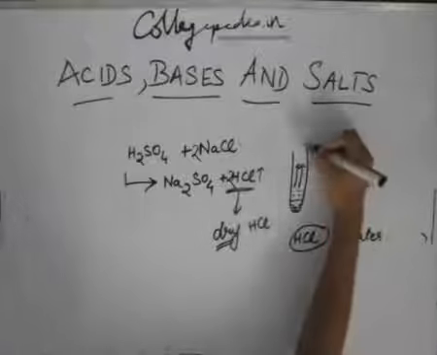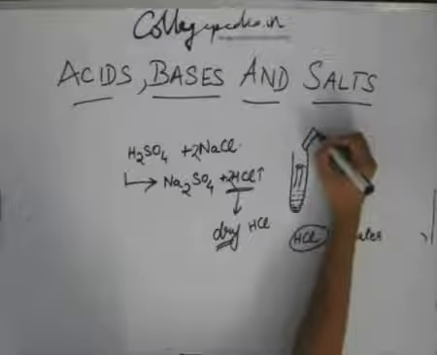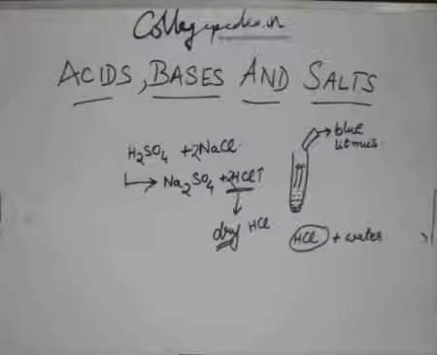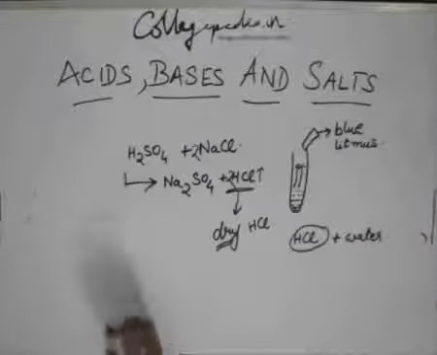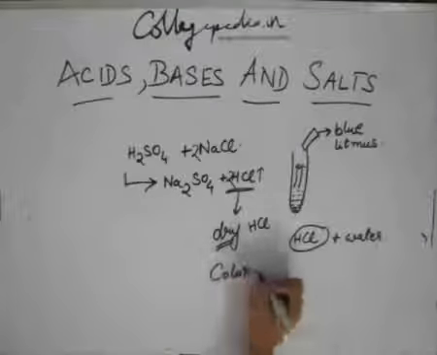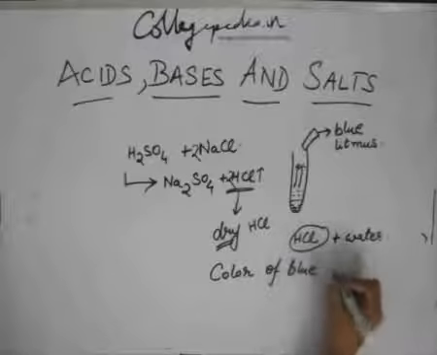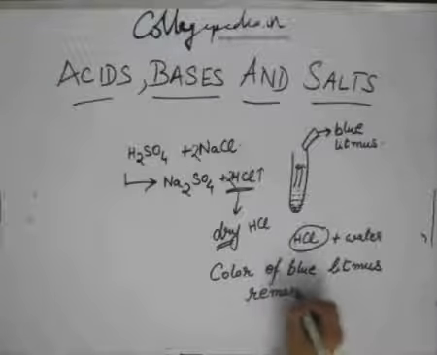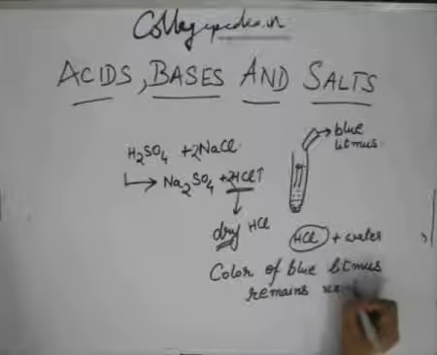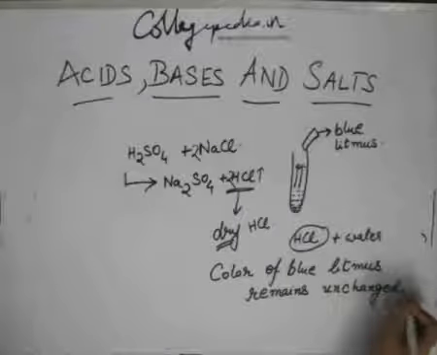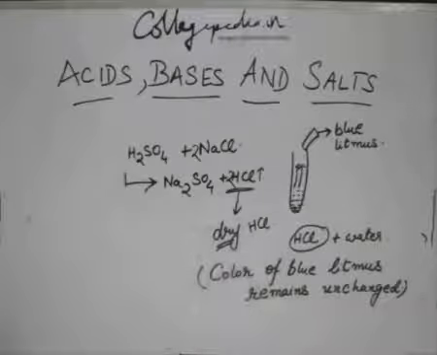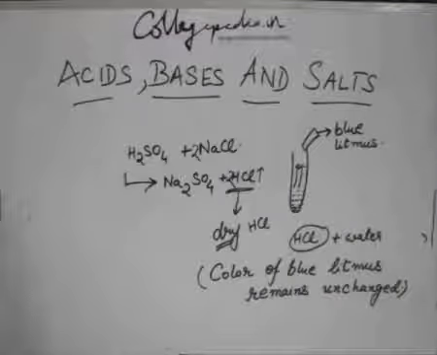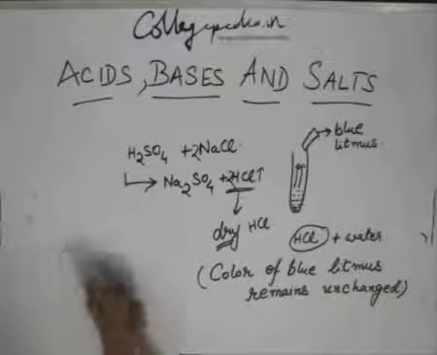Now this dry HCl, if you want to test, you bring a blue litmus, and we know an acid changes blue litmus to red. But you will see that the color of blue litmus remains unchanged. Now we all know acid turns blue litmus red. Then why does the color of the blue litmus remain unchanged? It should become red. The reason to that is that